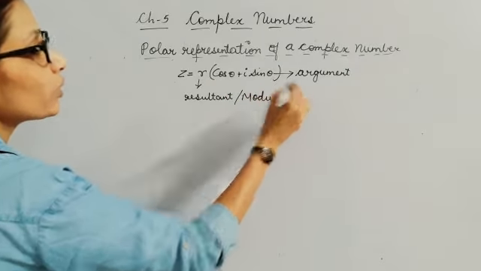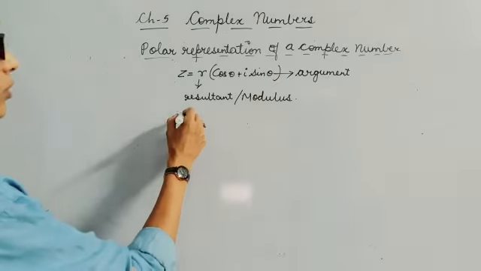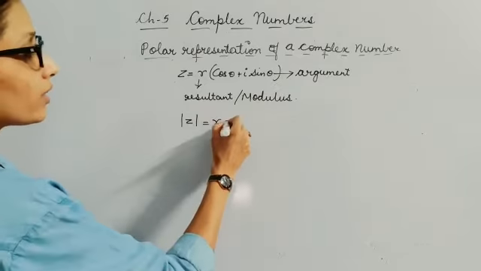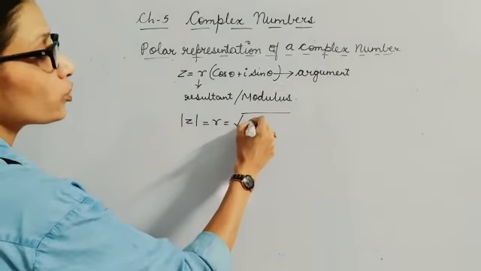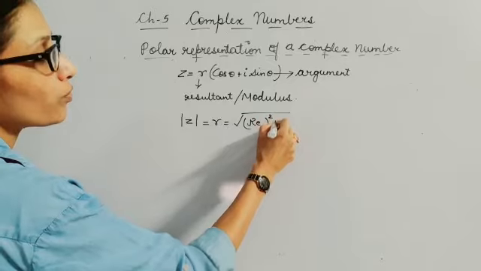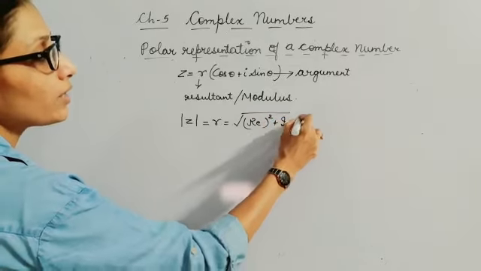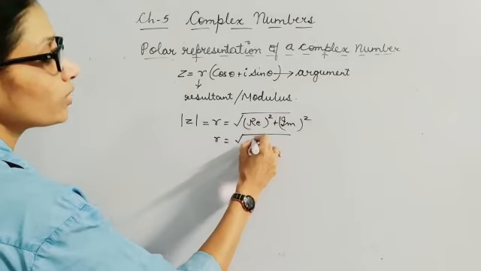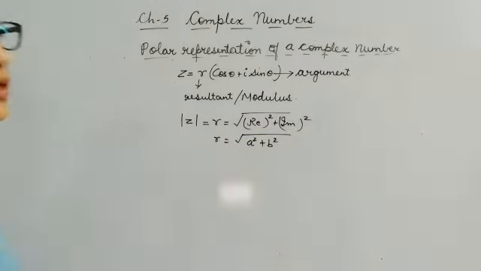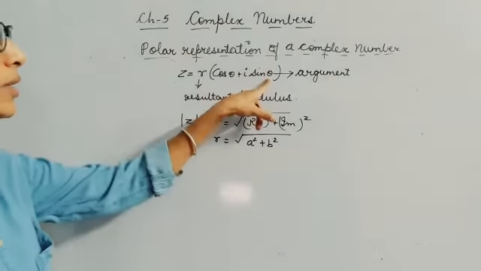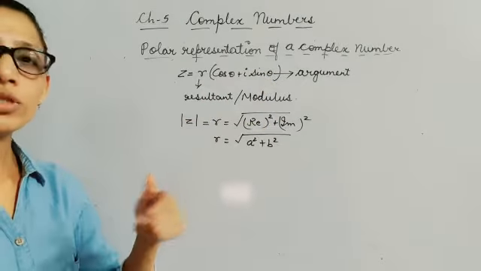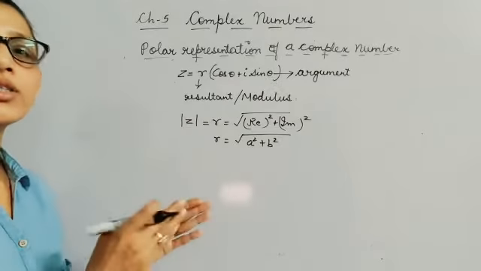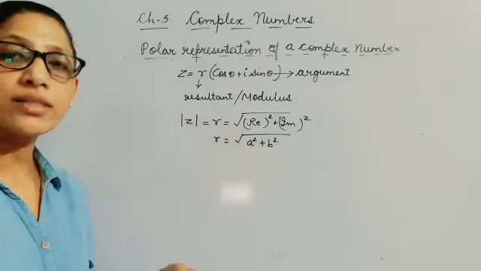Yes, you guessed it correctly. Modulus means mod of z, or I can simply write it as r, is root of the sum of squares of the real part and imaginary part, which you write like this: r equal to under root a square plus b square. Now children, this theta means we need to find out the angle at which the complex number is inclined to the axis in the Argand plane.